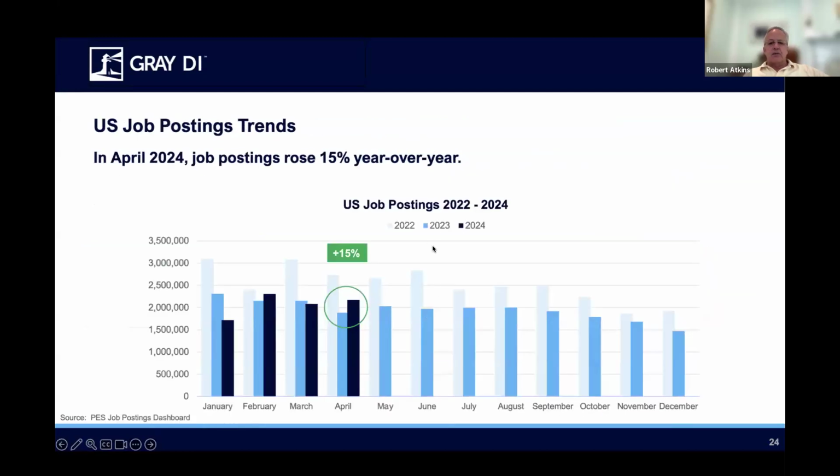So what is going on with job postings? They're up, and they're actually up 15%. Now, this I would normally think of as good news, but we've been doing an analysis of what drives enrollment in colleges, and rising employment is not a healthy indicator. Enrollment in college picks up when the unemployment rate goes up, and that usually means that job postings have gone down. So while this is good for the economy,